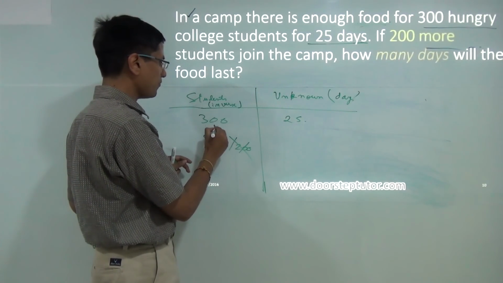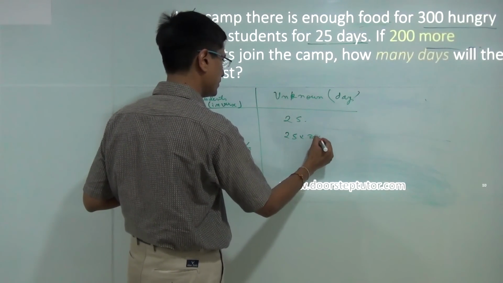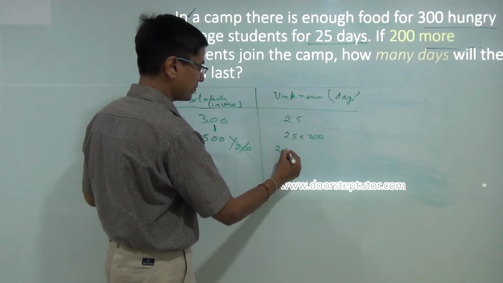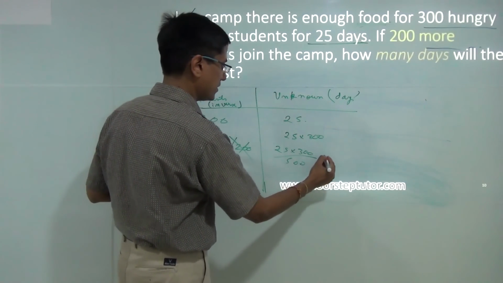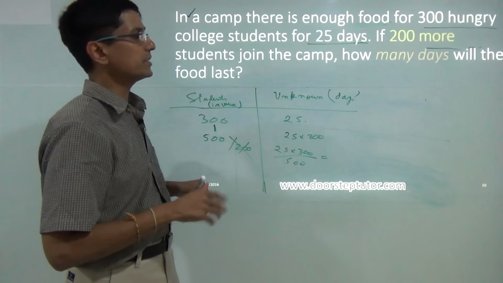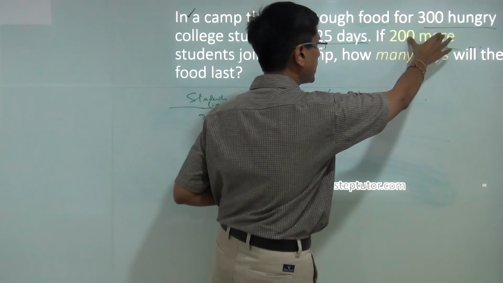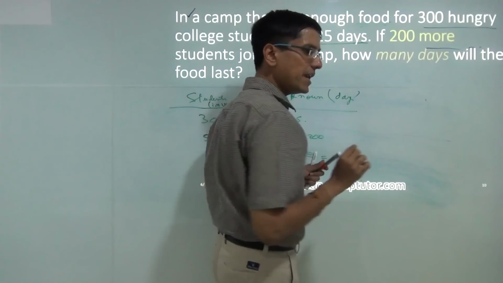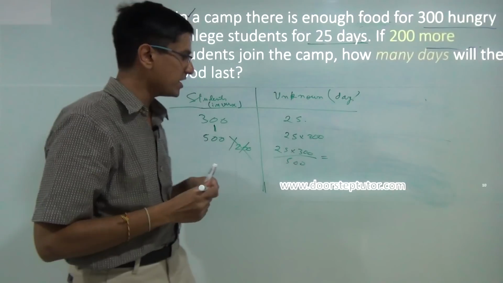So there would be a row for 1 here. There is an inverse relationship. So 25 into 300, divided by 500, and you can calculate yourself what the final answer would be, right? But the thing that I wanted to demonstrate here is, read the question, the terms which are attached to the numbers, very, very carefully. Understand the meaning of each number and where it should go very, very carefully.